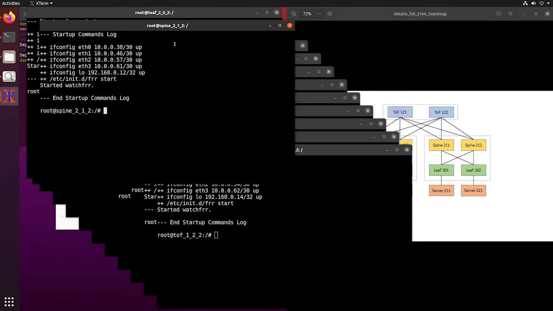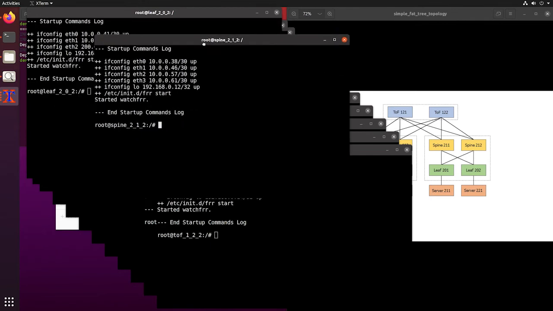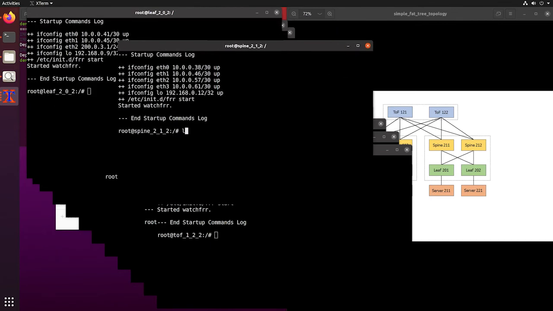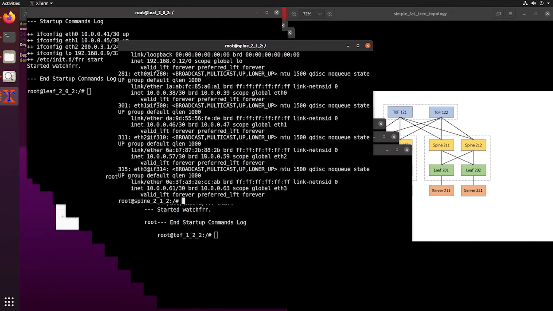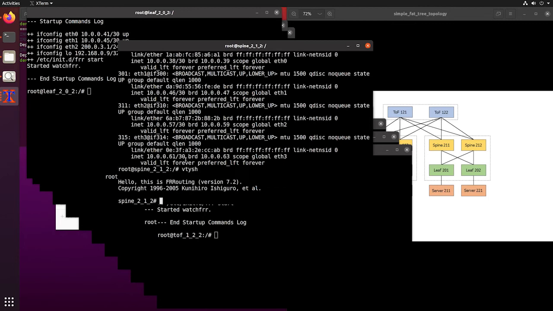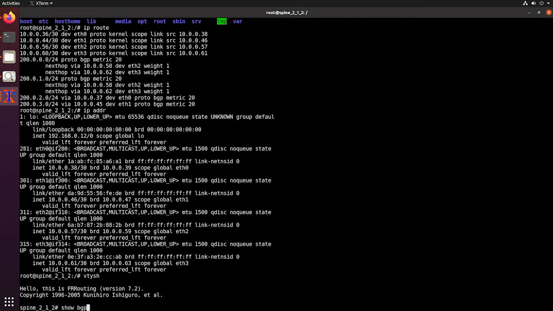Here we have a terminal for each device to interact with it. You can do every kind of operation that you normally do on a real device. So, for example, we can start inspecting the routing tables or the interface IP addresses, and also dig into the control plane.